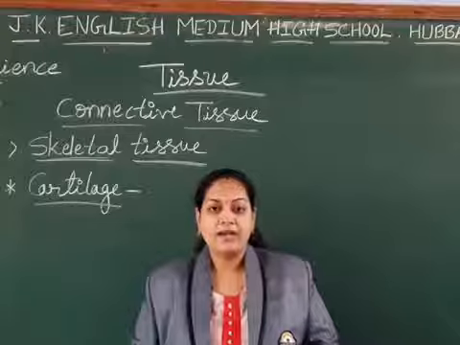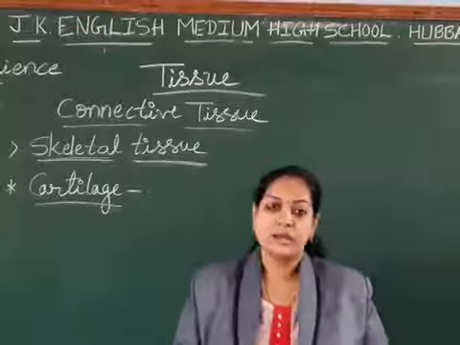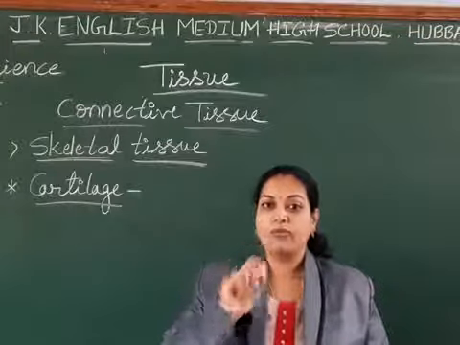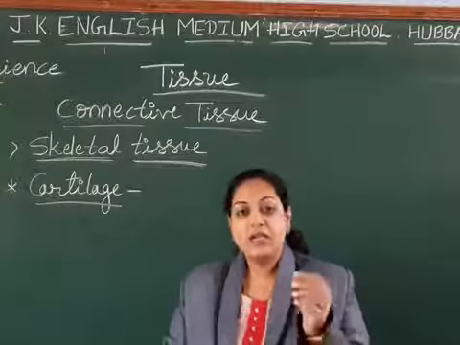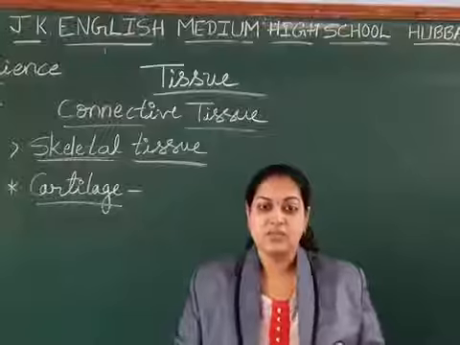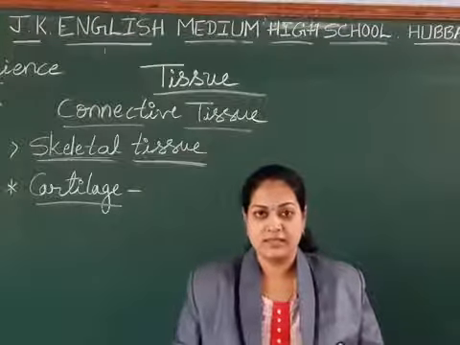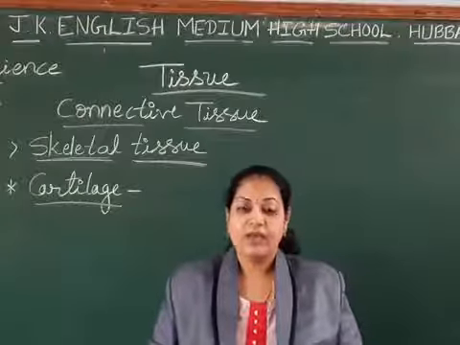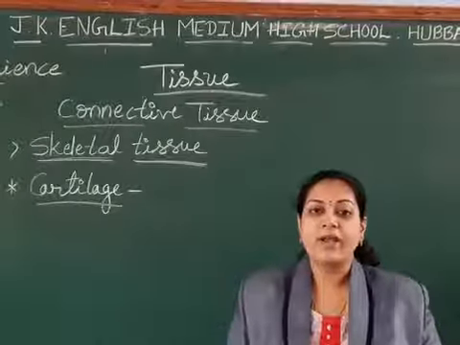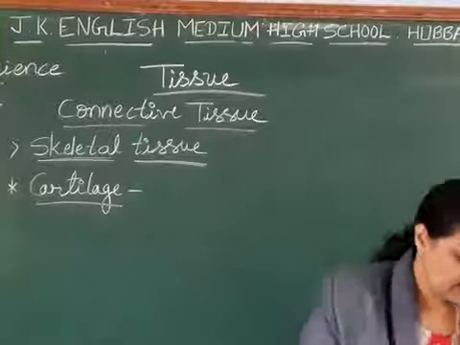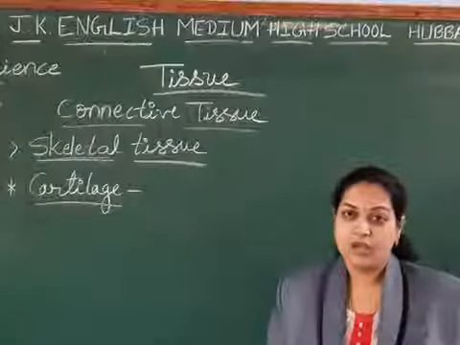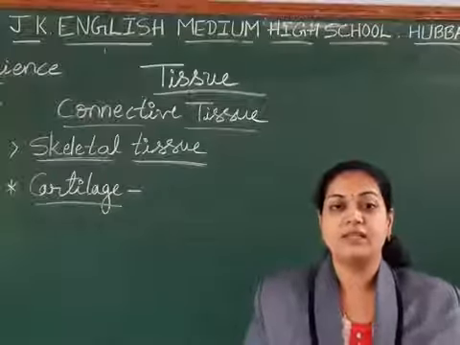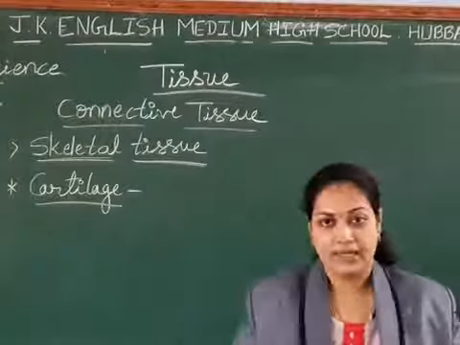Okay. So cartilage, again it is a type of tissue. It is having the matrix. What type of matrix does it have? Jelly type of matrix. Cheese-like, means smooth it is. So that type of matrix it has, right? The matrix is made up of calcium and proteins. Okay, so jelly type, smooth it is. That type of matrix we find in case of the cartilage.